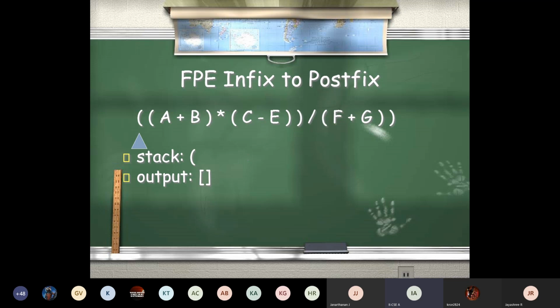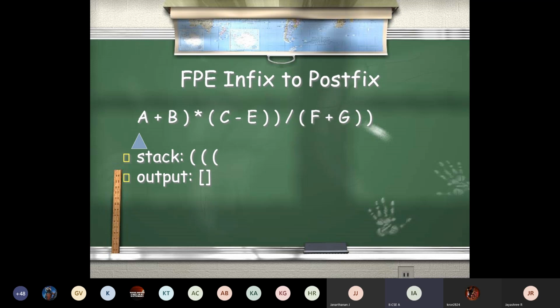Okay, and there is one more open bracket, so push that also into the stack. Once again, go for the next input. We are going to scan our input string from left to right. Two open brackets you have pushed. Once again, I am having one more open bracket, push it into the stack. Okay, you just write down these things in a notebook. Your stack is now having 3 open brackets.